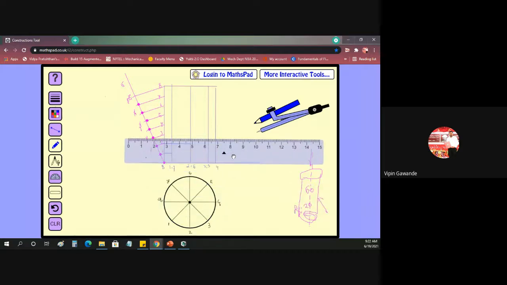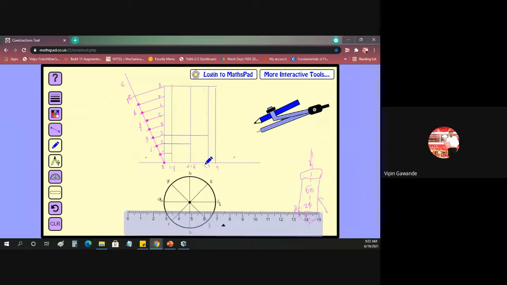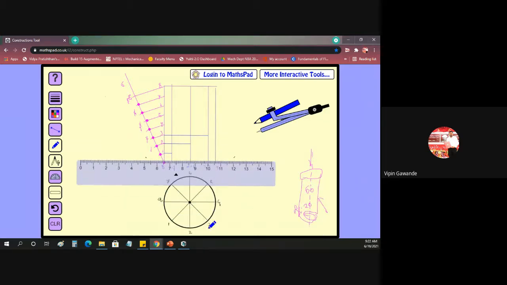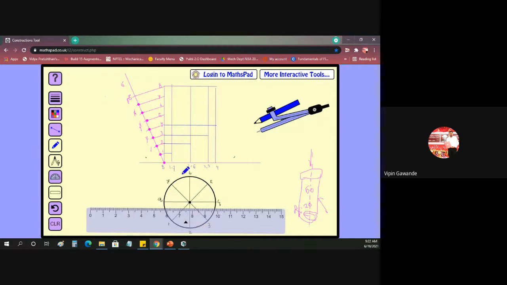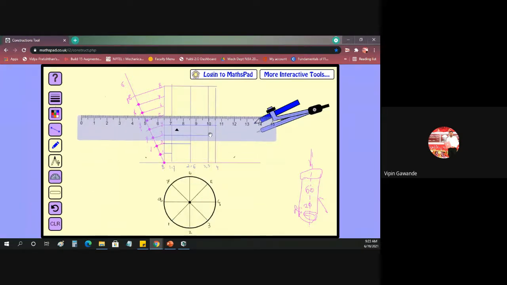Then from 3, the projection will come up to here, because 3 is here. See, this is 3 and 5, so 3 comes up to 3. Now 4 is here at the corner, so the 4 line goes up to the extreme vertical line. So this is the 4 point. Now 5, this is 5 from the top view. This is the line of 3, 5. 3 we have already marked. Now this is 5, so it goes up to 5.